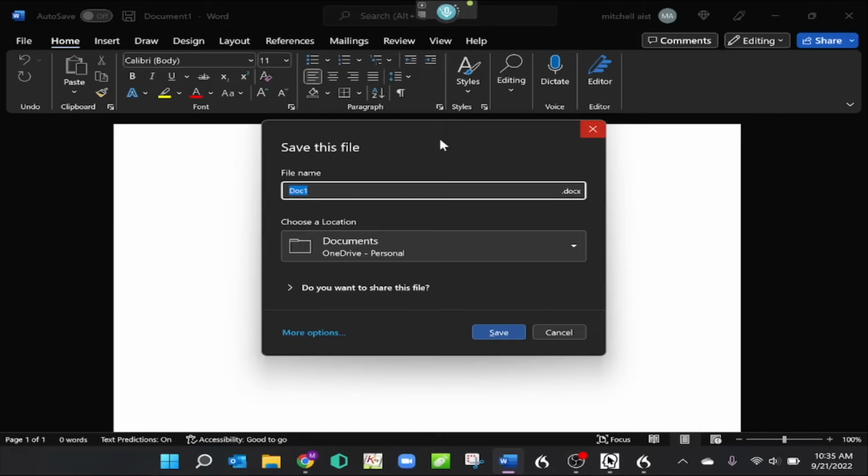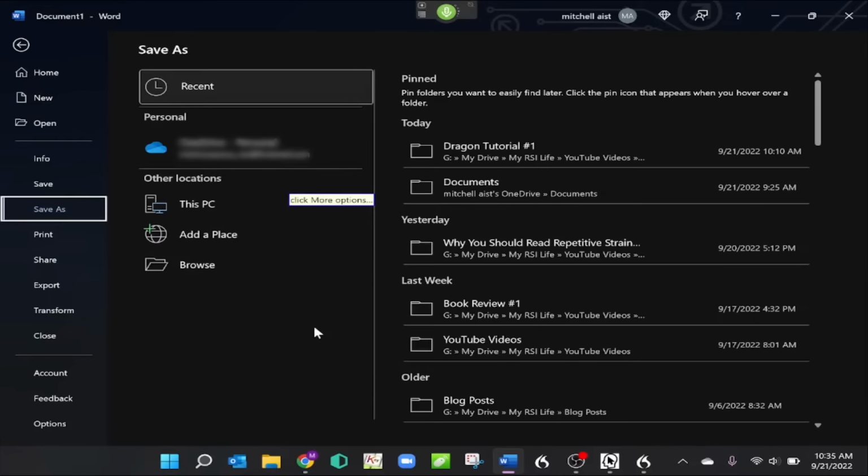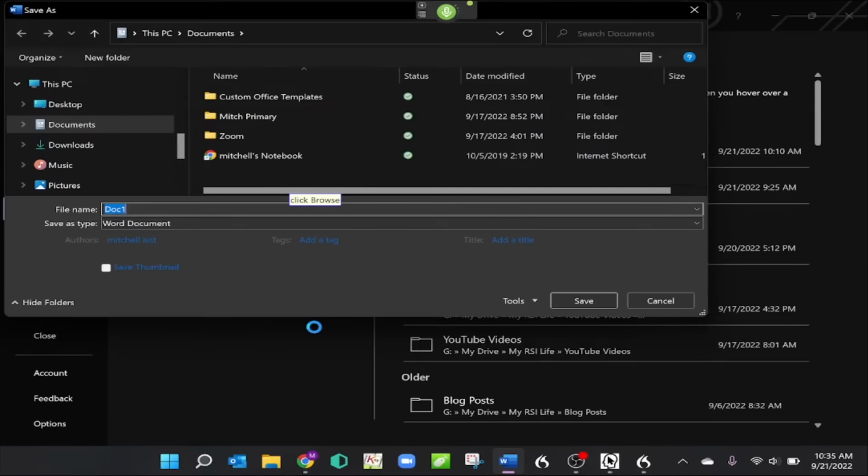Wake up, click More Options, click Browse. Dragon dictation tutorial example. Capitalize that. Click Pictures.